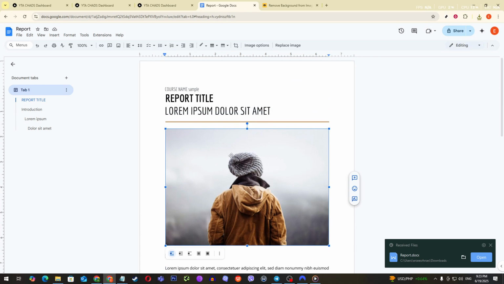offline using Word, or just prefer having a backup in a different format, downloading your Google Docs file as a .docx is a super easy and